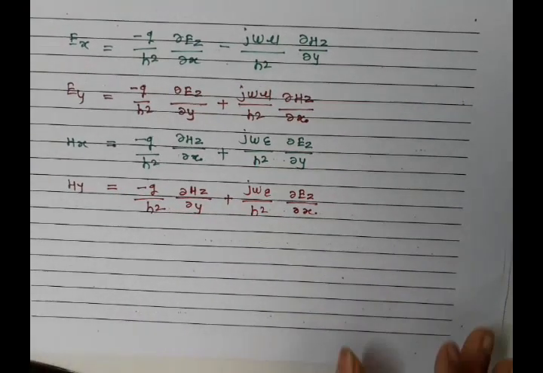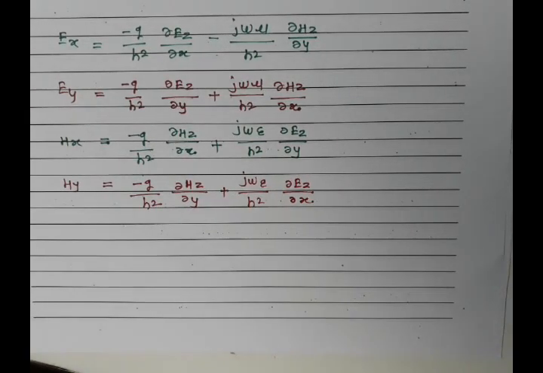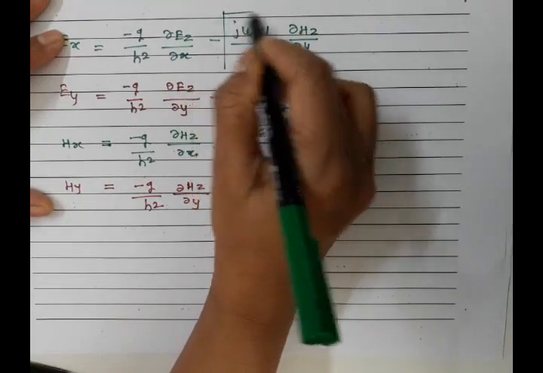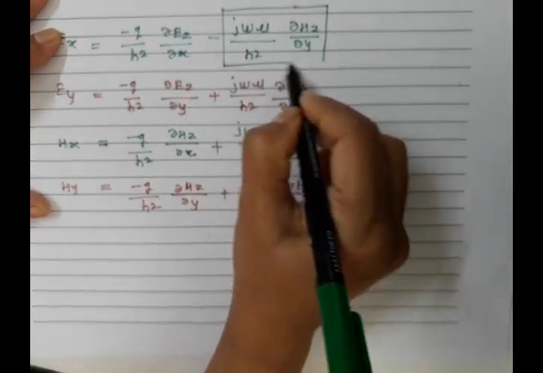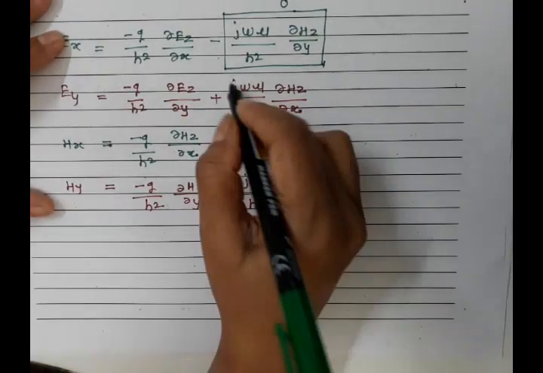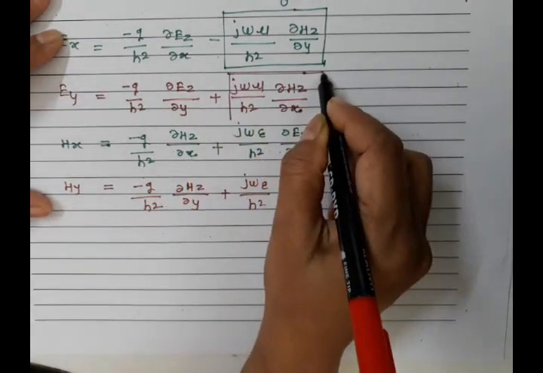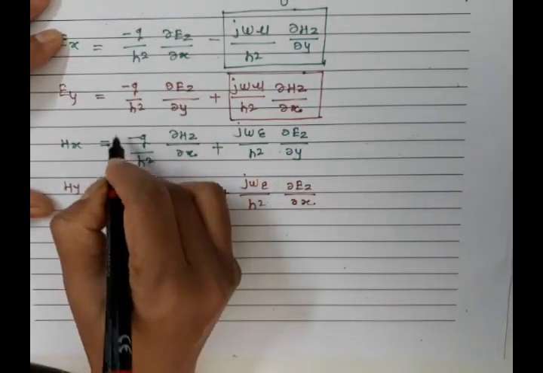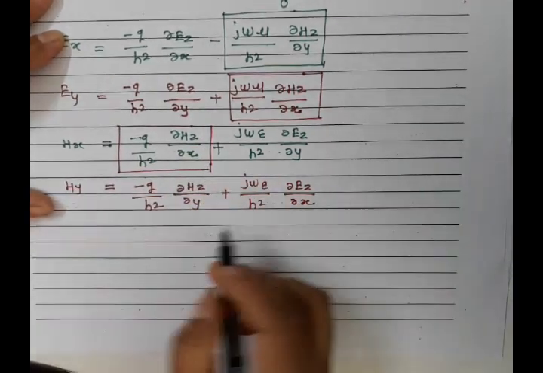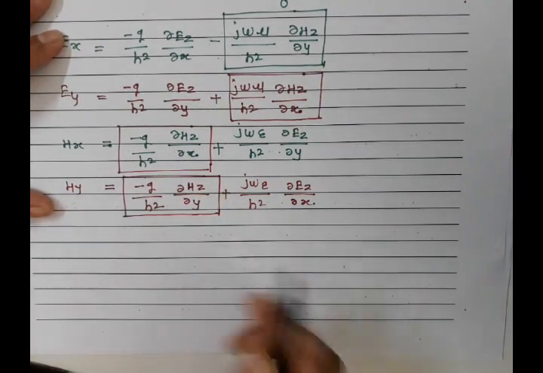So this is how we are going to find our field components of the rectangular waveguide in the TM wave. As we are discussing the TM wave right now, this component will be 0, as Hz will not exist. Again, this will also be 0 as we are dealing with the TM wave. Here in the Hx, this component will be 0 as Hz will be 0, and this component will also be 0. Now I know what Ez is.